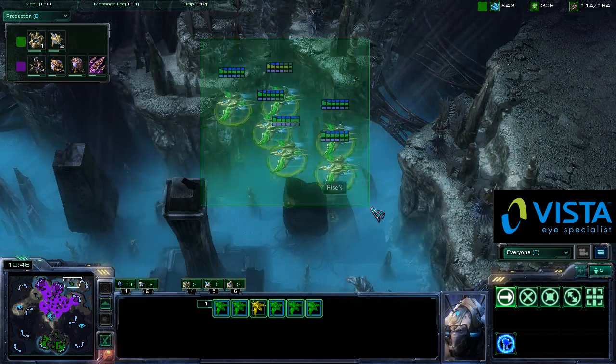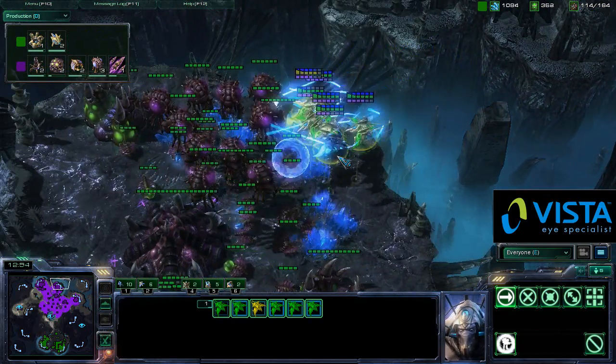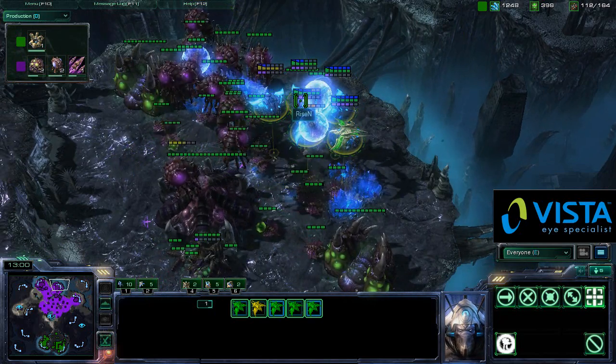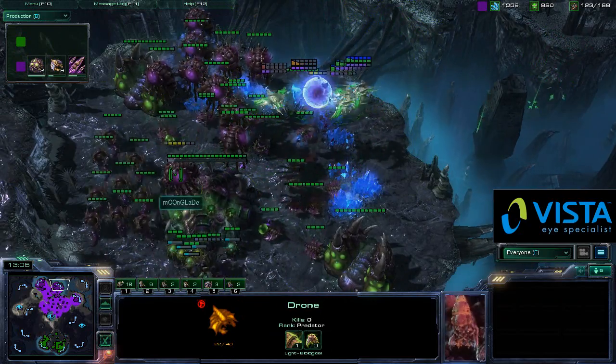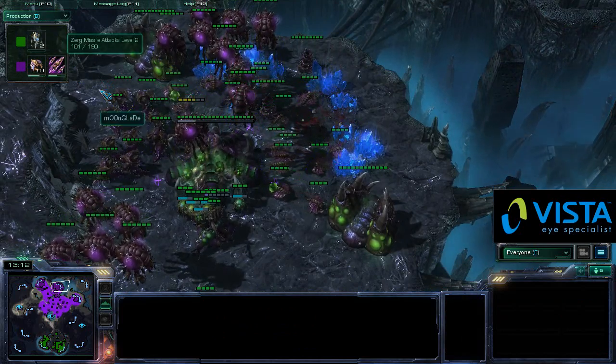Phoenixes still continuing to just be built, and now we see a transition tech into that Robotics Bay. Robotics Bay will be able to allow for Colossi to be trained. As soon as those Colossi are trained, that will be a very, very difficult proposition for Glade to try to counteract, as those Hydralisks will just fall to the wayside compared to those Colossi. However, we do see